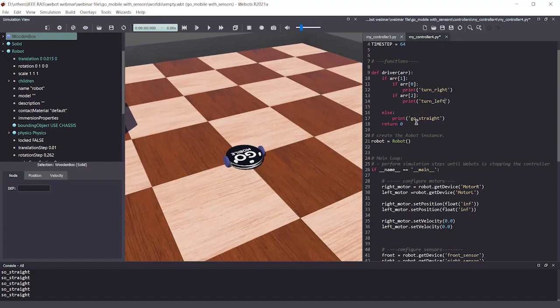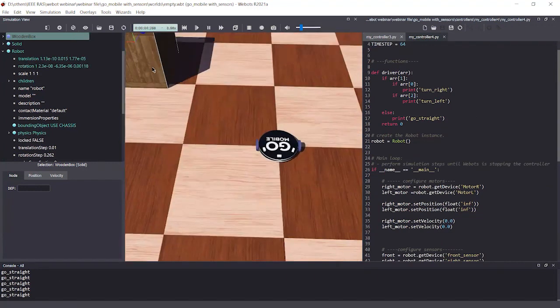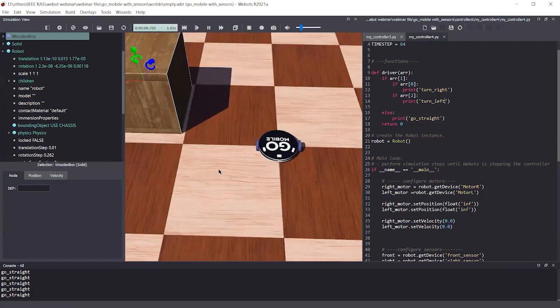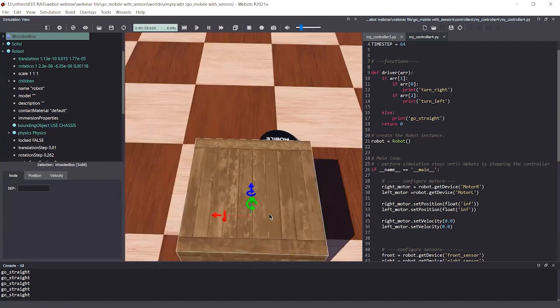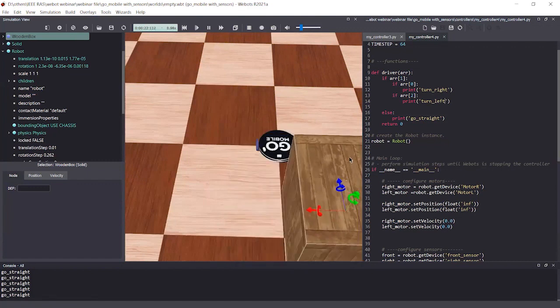So let's see how our driver works. Yeah, now we can see the driver still says go ahead. Okay, now I can't simulate this thing.